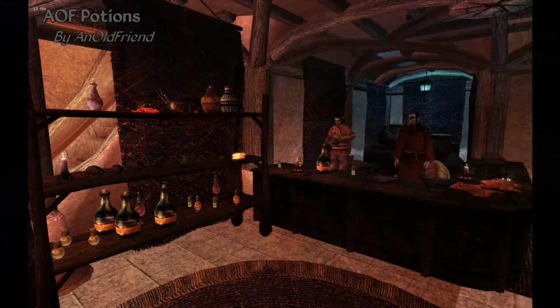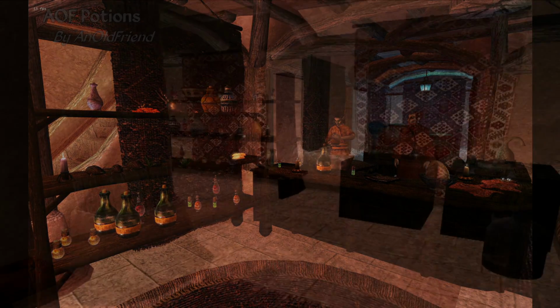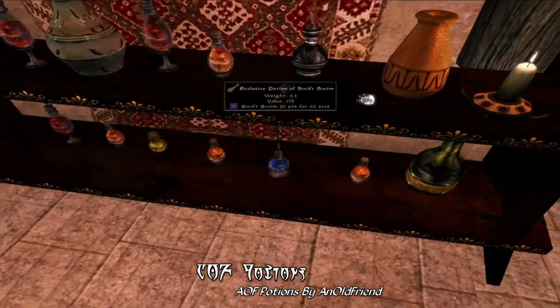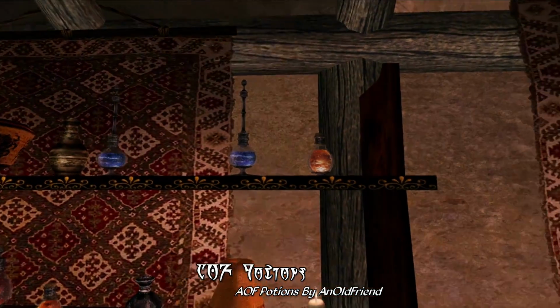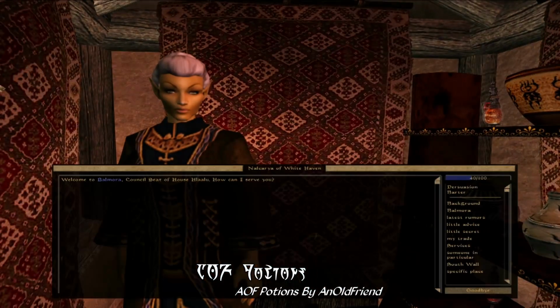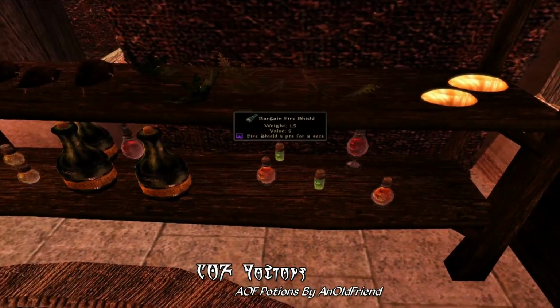out. Now, this week's new meshes and textures mod of the week is AOF Potions by an old friend, and this is a fairly simple and straightforward replacer of the potions that you find in Morrowind, replacing the cheap, bargain, standard, quality, and exclusive potions with new models and textures that are decidedly quite different from the original potions, I must say. And we're actually going to take a look at some of these potions here in a couple of